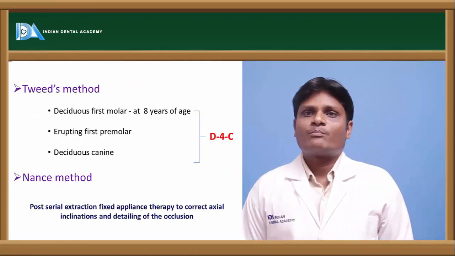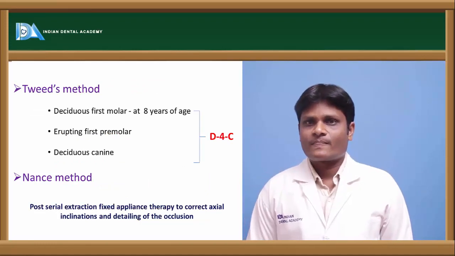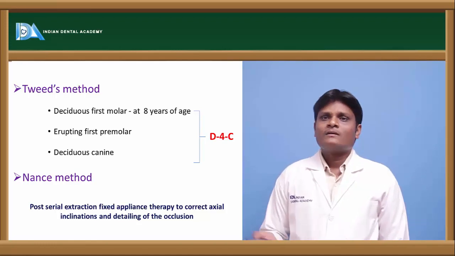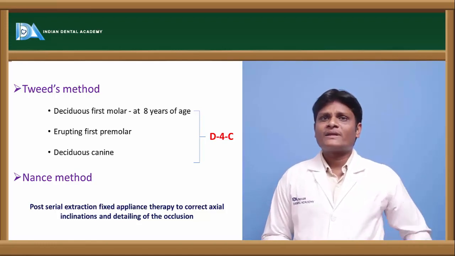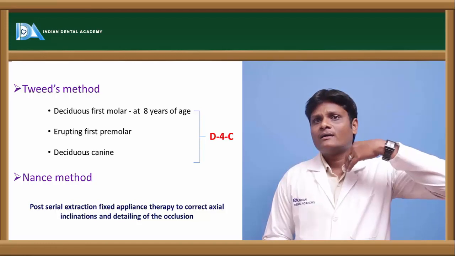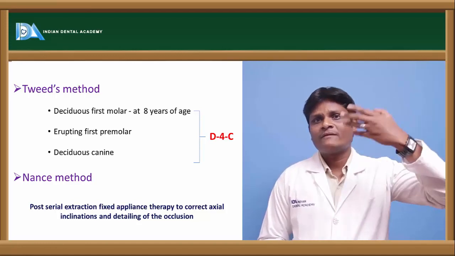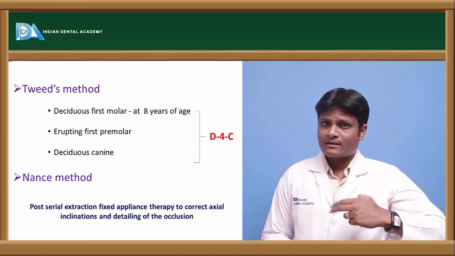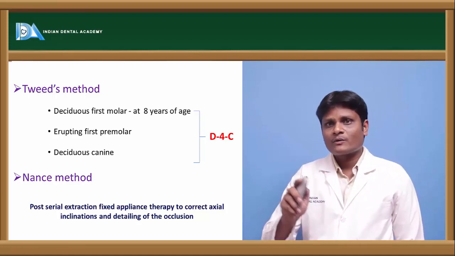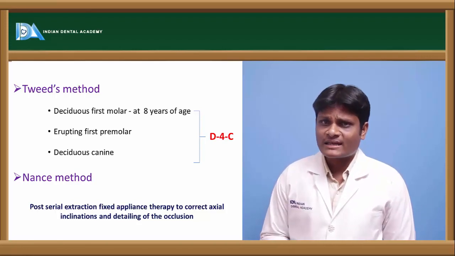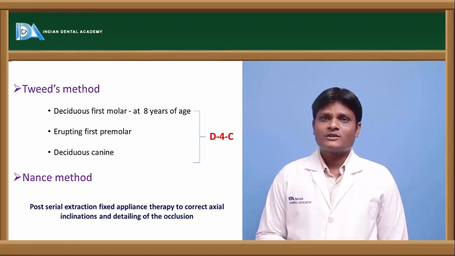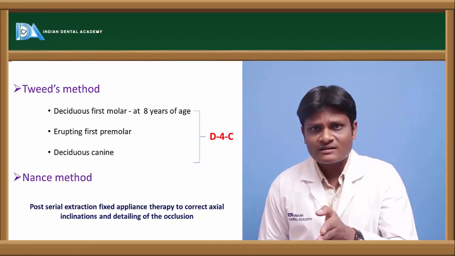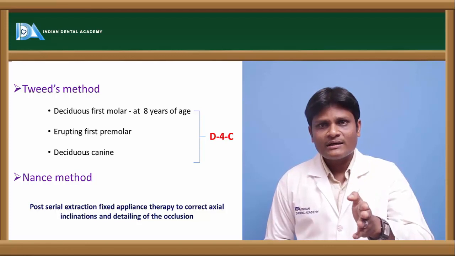There is one more method proposed by Tweed. What Tweed says is, the maxillary canine is erupted at around 11 to 13 years of age, when compared to the early erupted mandibular canine. The mandibular canine is erupted around 9 to 10 years of age, whereas the maxillary canine is erupted around 11 to 13 years of age. So, according to Dewey, we are extracting deciduous canines first, and then the deciduous first molar, and then